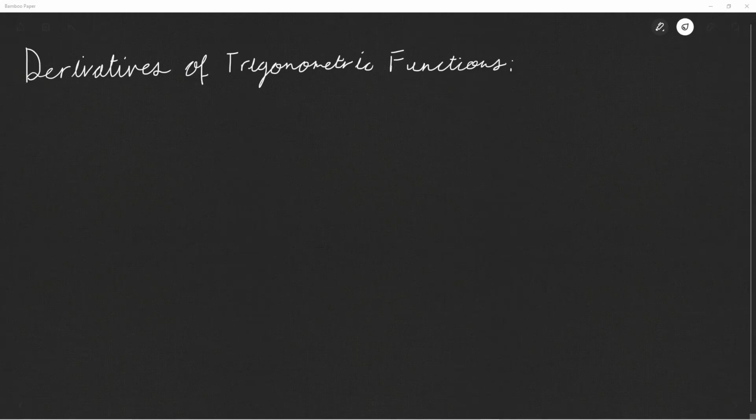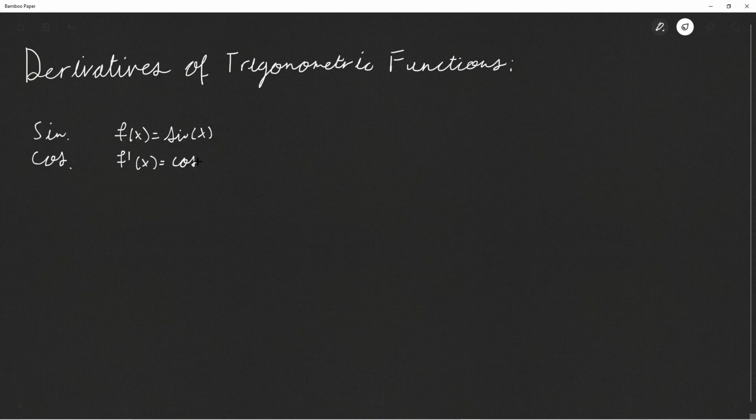So today we're going to be talking over derivatives of trigonometric functions. So the first ones we're going to go over are the derivatives of sine and cosine. So whenever we have a function of sine, what happens is when we take the derivative of sine, it will